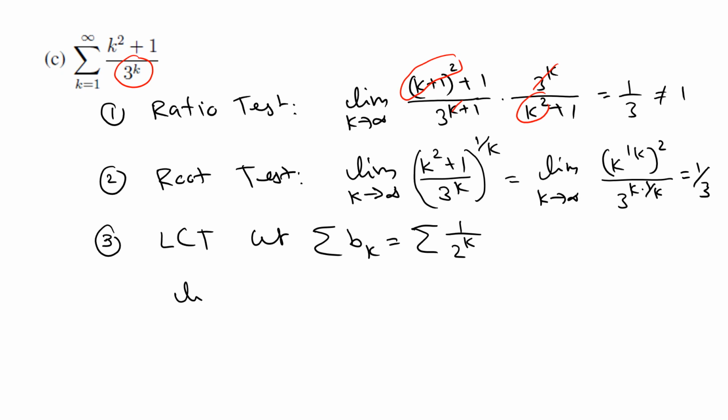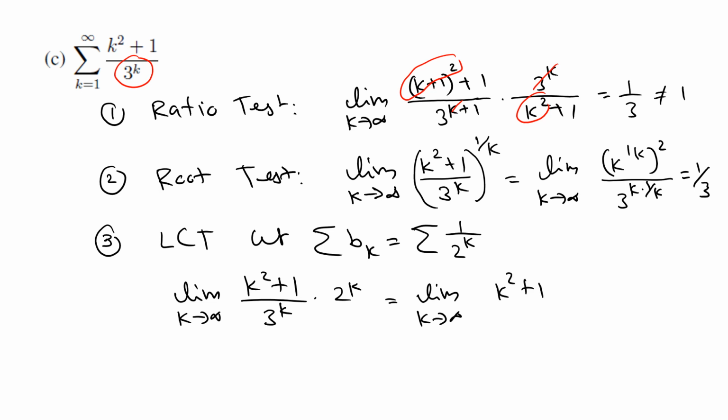So you can see the limit of the two series when k goes to infinity. So we have k squared plus 1 over 3k, and then we have 2k over 1. So what's going to happen here is, if you write this one like that, we have k squared there plus 1, no problem. But you can bring the 2 down. If you bring 2 here as the denominator, you can write this one as 3 over 2 to the k. Now what's going to happen? 3 over 2